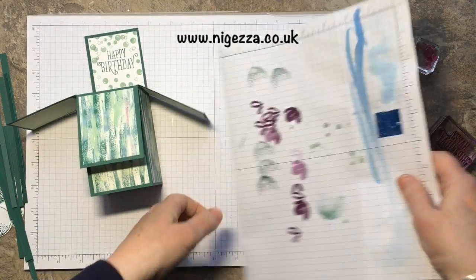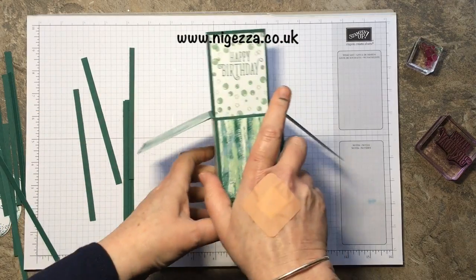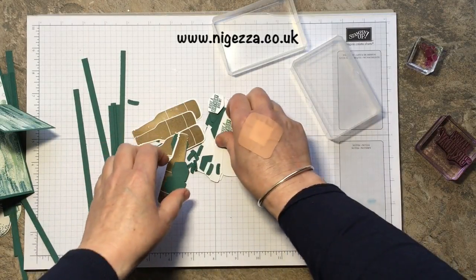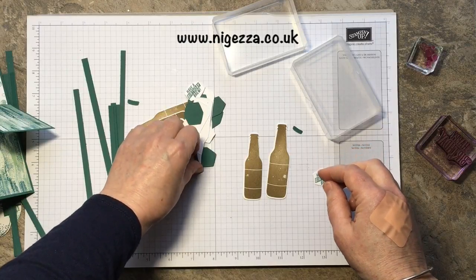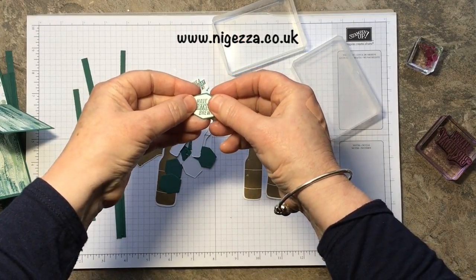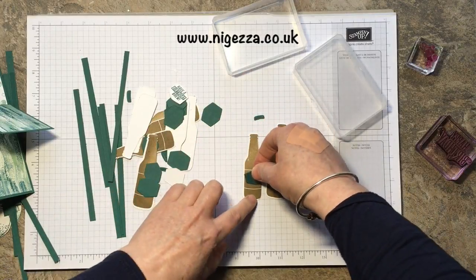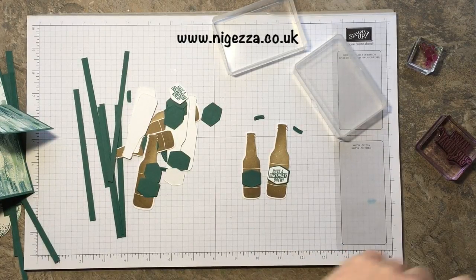So that's our back. So now we need to start building up the decoration. So we want to create some bottles and some bottle labels. So I've cut bottle lids. If I just show you the two different styles that we're going to do, and then I'll go and complete the rest off camera. So I've cut some twine-tied big labels, and that's for the big bottle. And then I've cut some smaller labels for the little bottle, and the circles with the 18 in it, which